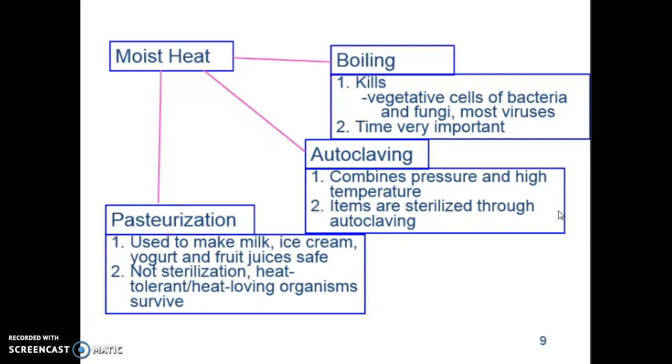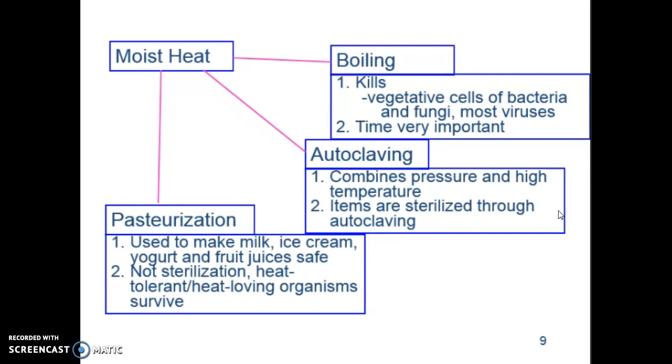And then pasteurization is also moist heat, and it's used primarily for food purposes. Milk, ice cream, yogurt, fruit juices, to make that food material safe. Because yes, milk, fruit juices especially, those actually can contain microorganisms just through the process of making them. All right, the fruit, your apple on the fruit tree, is not sterile. And so what pasteurization does is it just simply kills off the